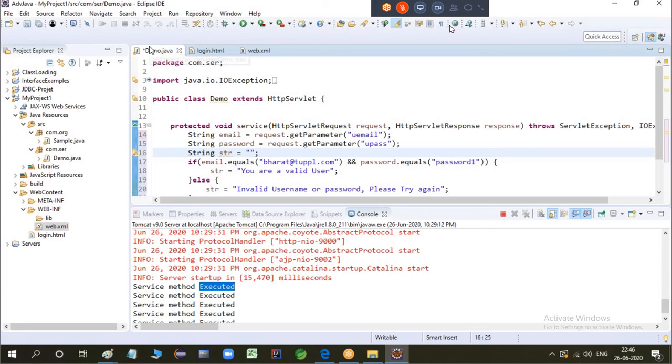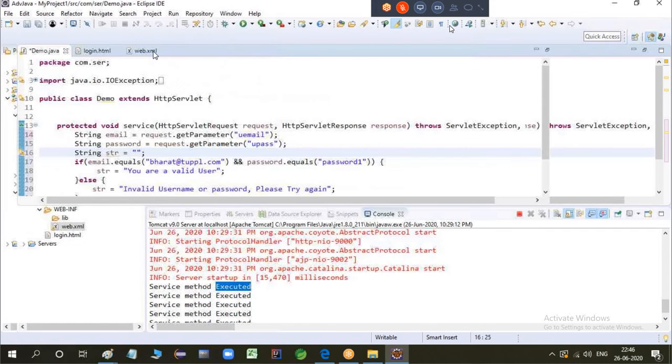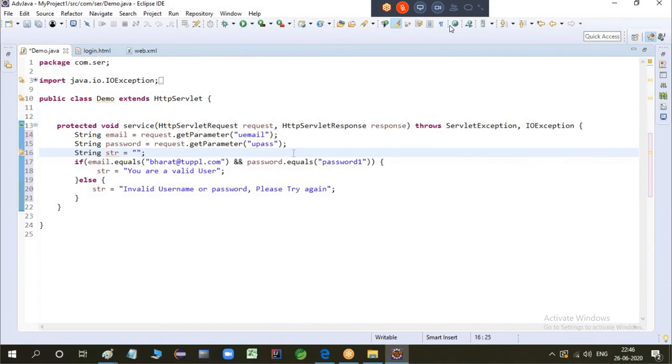All right, so what's happening here? I'm entering if username and the password. If this is the username and password, then execute. Just give the message as valid user or invalid user. All right, and you wanted to display this valid user or invalid user back to the client.